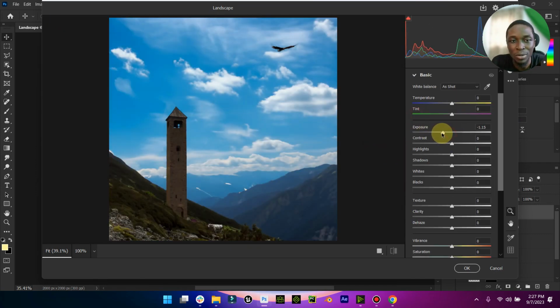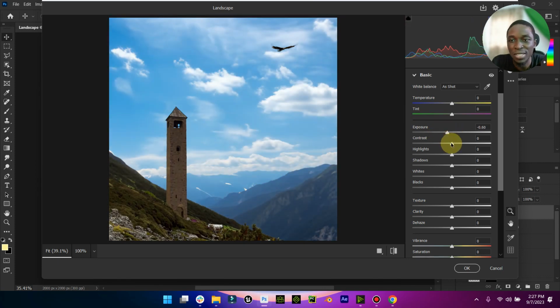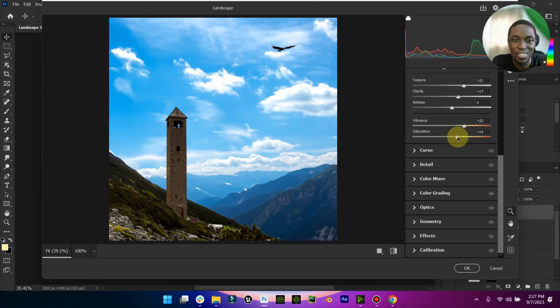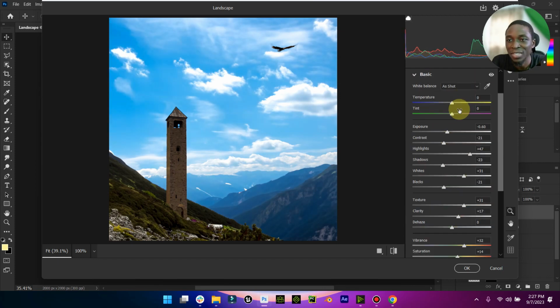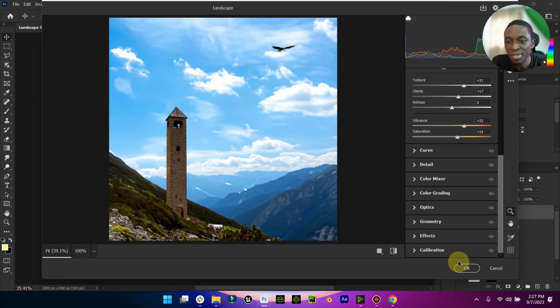From Camera Raw filter we can either reduce the exposure or increase it. I'm going to reduce it slightly. I'm going to reduce the contrast a little bit, increase the highlights, reduce the shadow slightly, add some bit of white to it. Then we can add some texture, some clarity, so it looks very real. Increase the vibrance, not too much. You don't want it to look too much. We can then come back to increase our exposure. And yeah,